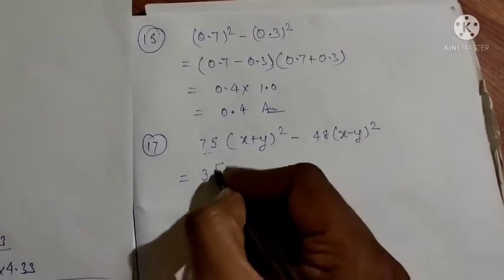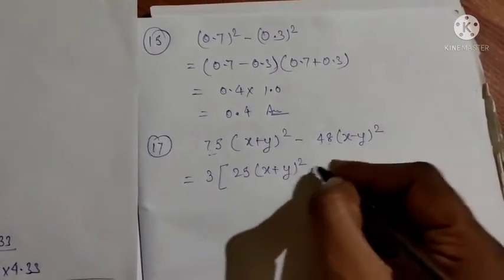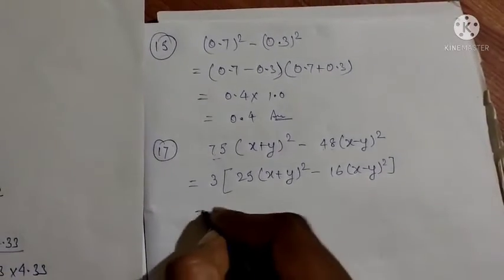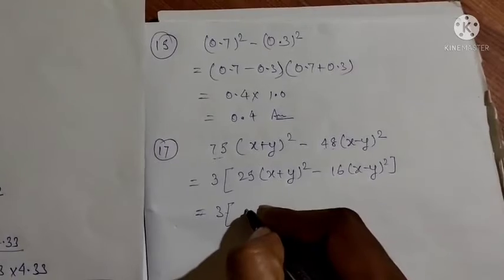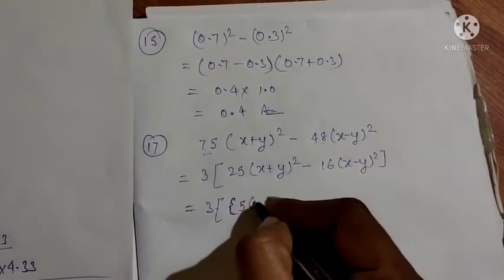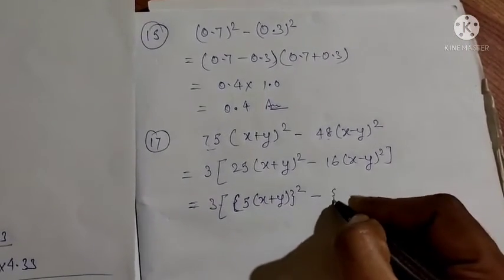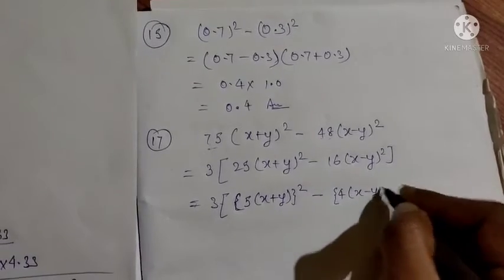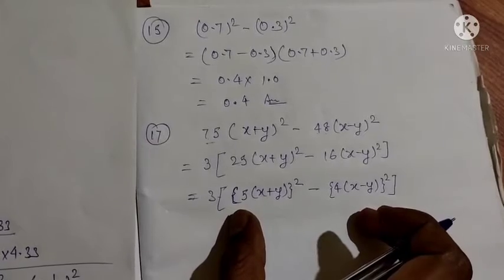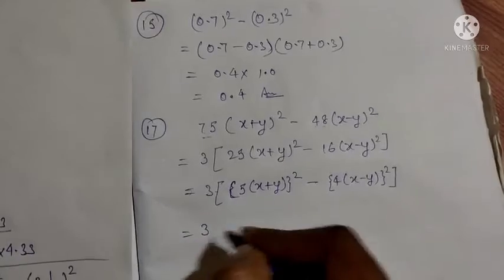So we are going to take 3 as common, then it will be 25 (x plus y) whole square minus 16 (x minus y) whole square, and we can write it as (5 (x plus y)) whole square minus (4 (x minus y)) whole square. Again, this is in the form of a square minus b square, so it will be 3